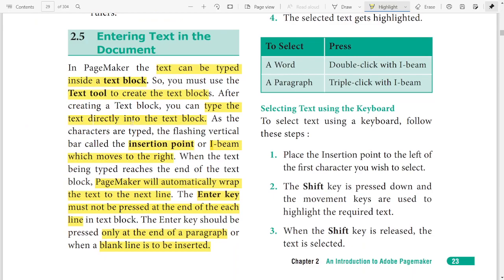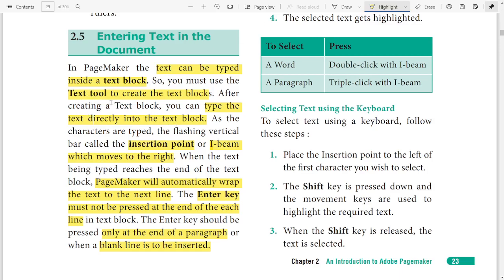So with this, that is entering the text in the document. Text can be typed inside the text block. We have to create a text block using the text tool.